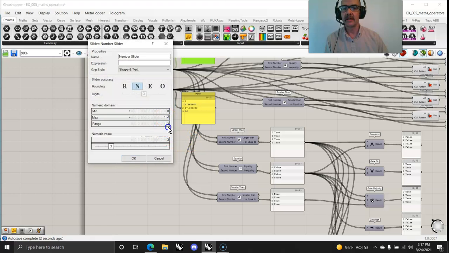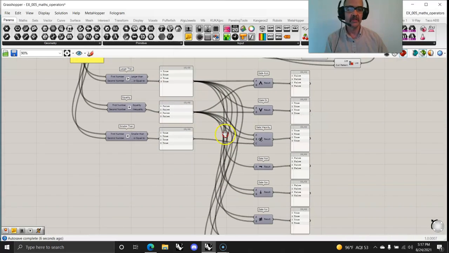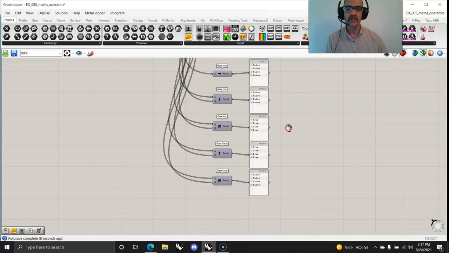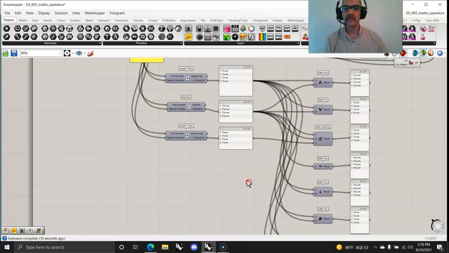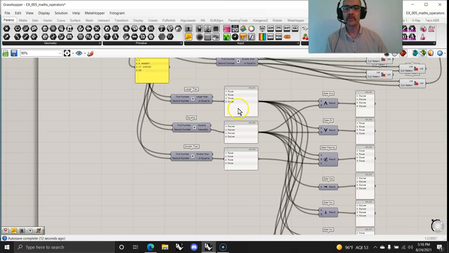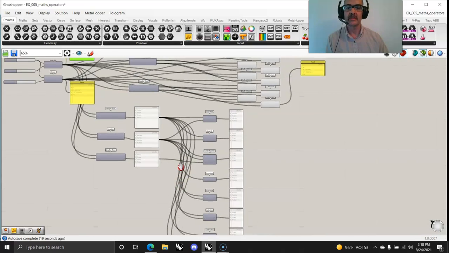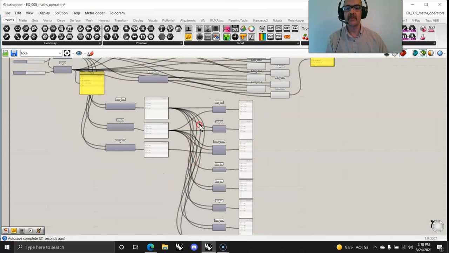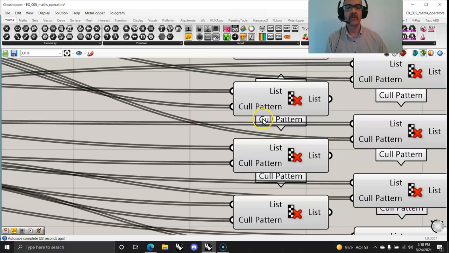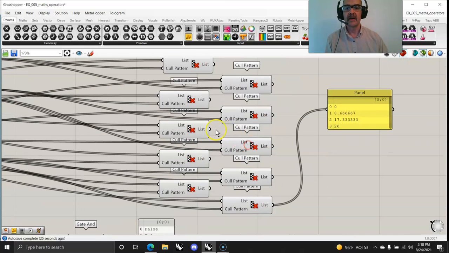To get up to 10, it's going to start providing some different data, 10 and 3, and we see what's actually being passed through and what's allowed through. So we get the same kind of reaction as a Boolean testing for what is greater than, equal to, less than, and then possibly the AND or OR gates of allowing data through. And this can be very helpful, and we're starting to look into the Call Pattern tool, which is a list of